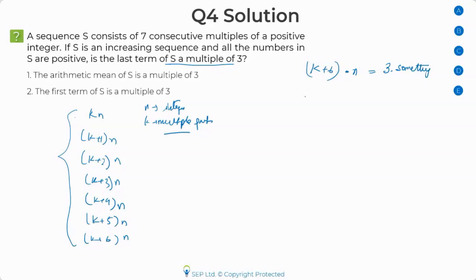Okay. Now, before moving to the statement, because if I make that inference here only, I'll be able to get my answer. If k plus 6 times n needs to be a multiple of 3, in what ways can I do that? What are the different scenarios? Can anyone tell me in which this can be a multiple of 3? k plus 6 times n needs to be a multiple of 3. What are the different scenarios in which this product can be a multiple of 3? Come on, guys, it's easy.